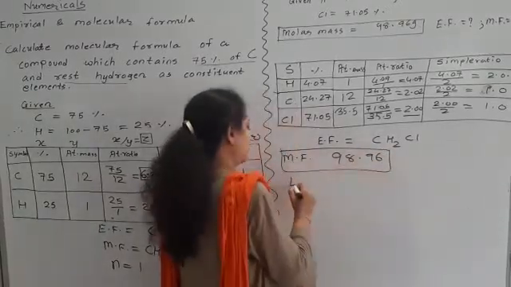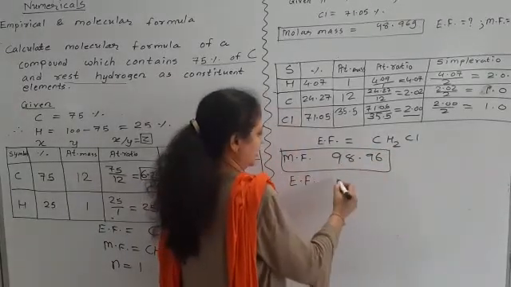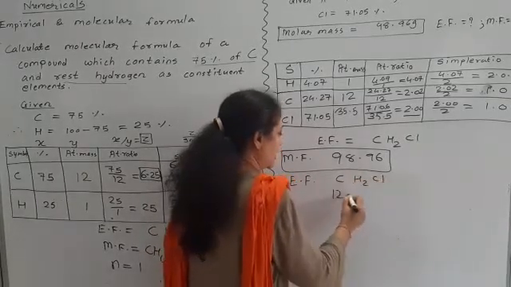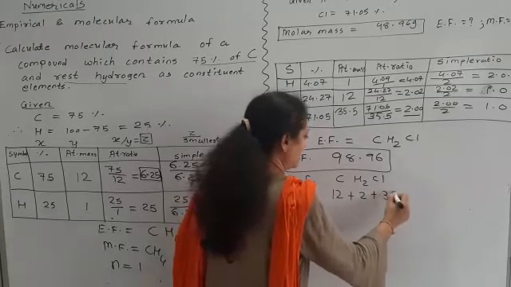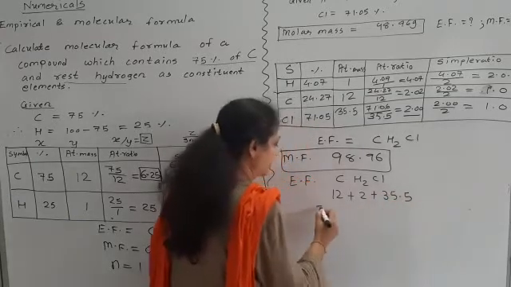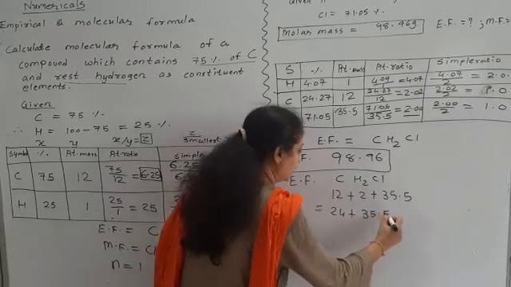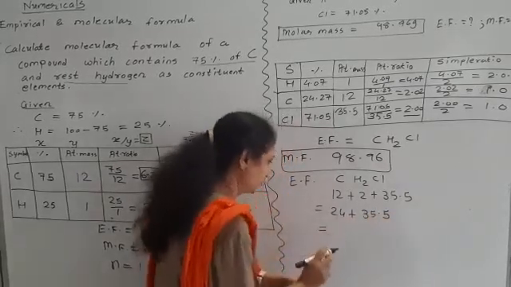Let us check the empirical formula mass. Empirical formula is CH2Cl. So it is 12 plus 2 plus 35.5, which is 24 plus 35.5, which is equal to